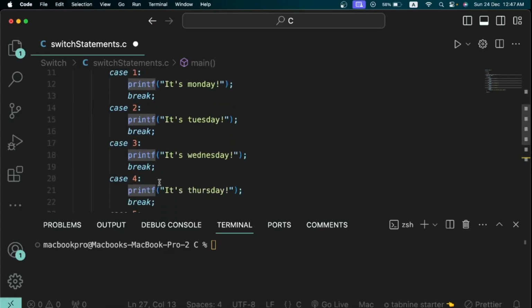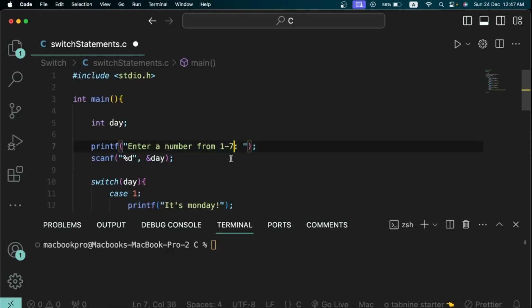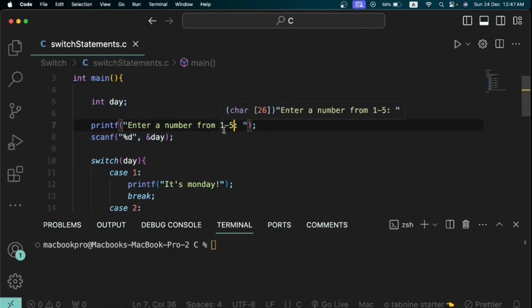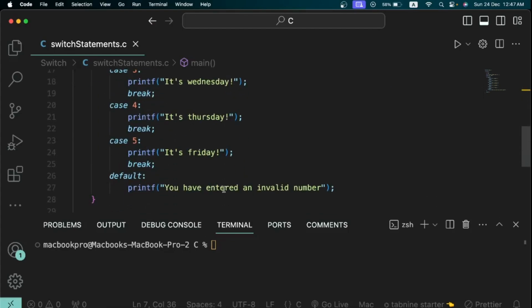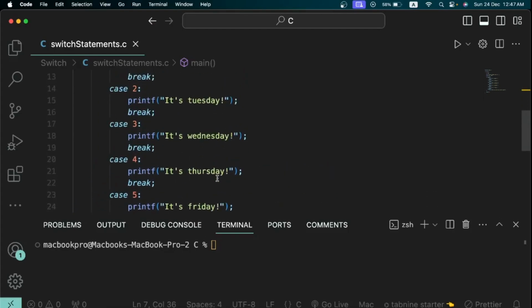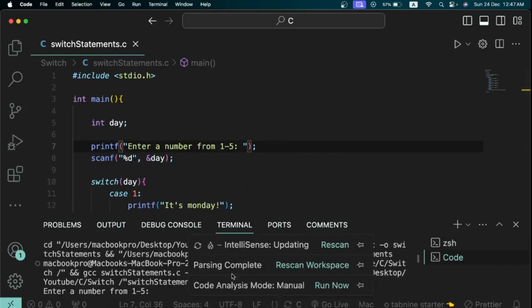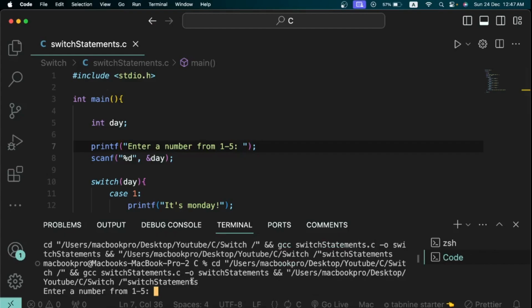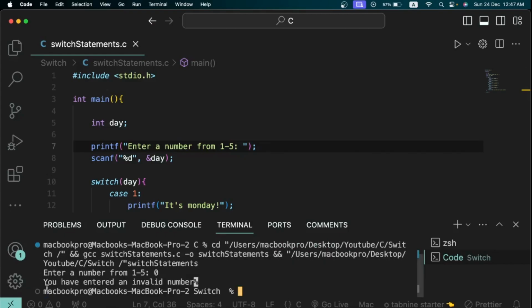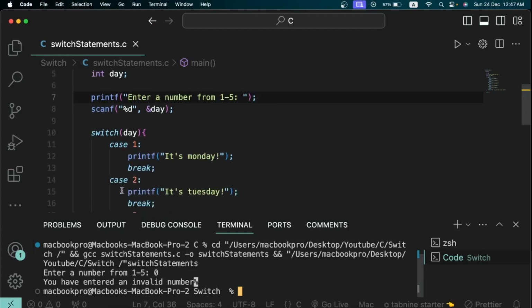So since we stopped at 5, let's just say enter a number from 1 to 5. If a user enters a number that is not in the range of 1 to 5, then it's going to say you have entered an invalid number. So let's try to run this code right now. The program asks us to enter a number from 1 to 5. If we enter 0, it's going to say you have entered an invalid number, because the C compiler,